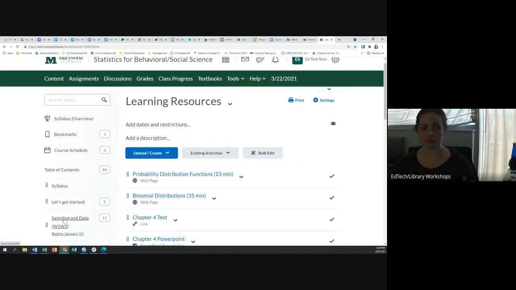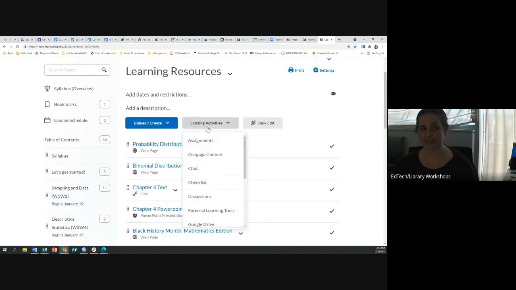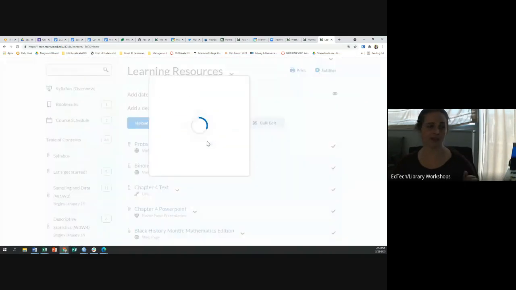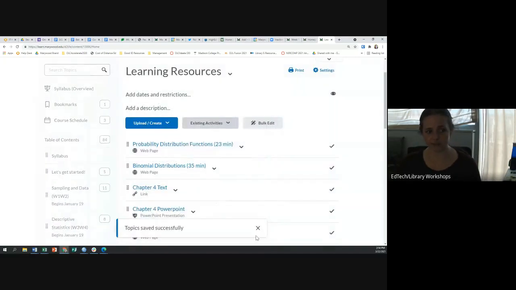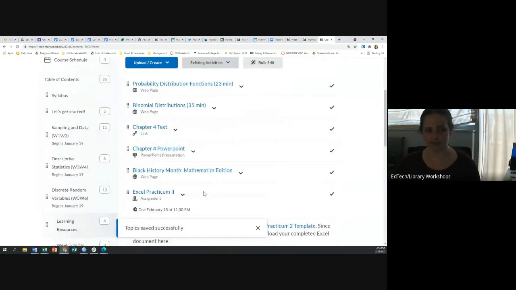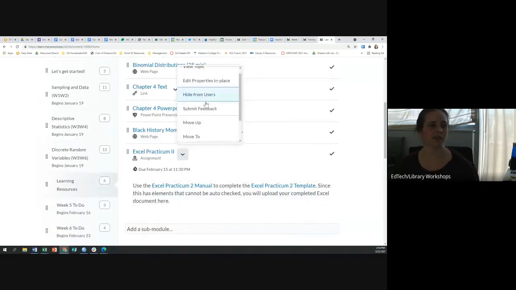So if you have all your modules made, you'll just hit that existing activity button and go to assignments and say, here's the assignment I want in that week. And it'll just add it to the bottom. Now, the other option, if you're more like, oh, I'm not sure I want to build it out that far